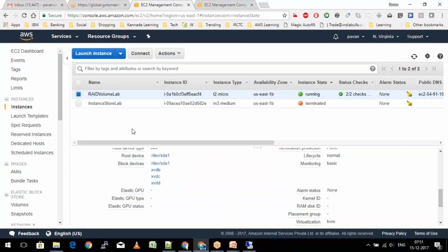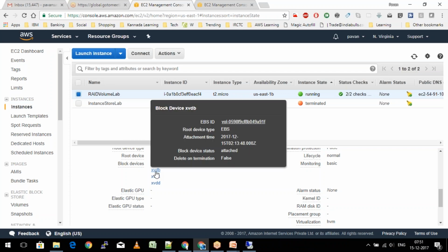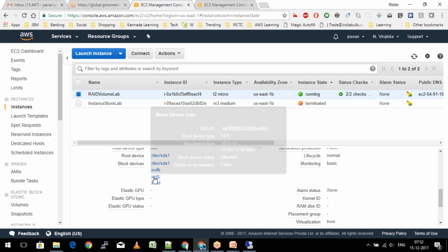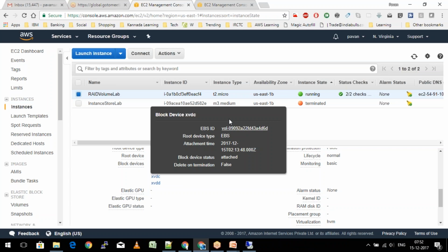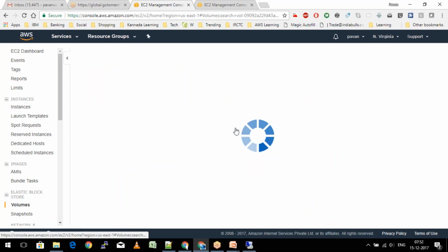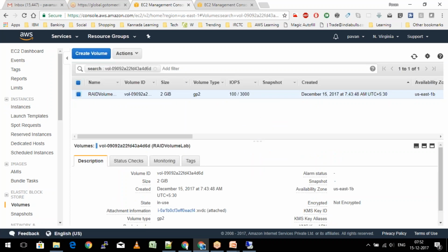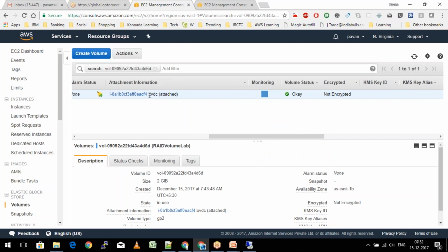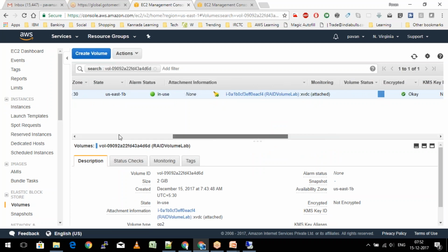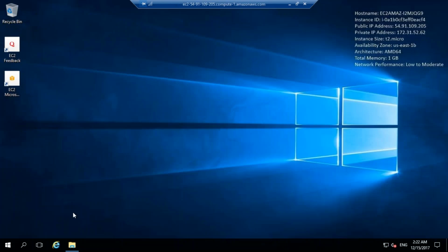Okay, let me just re-verify it once. It shows attached here, but it doesn't display it in here.